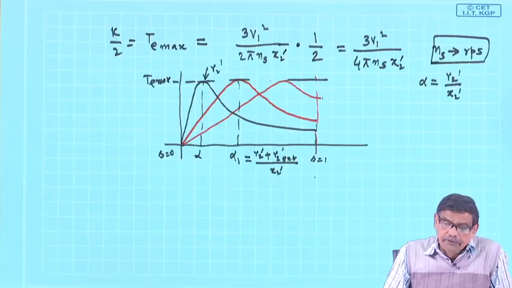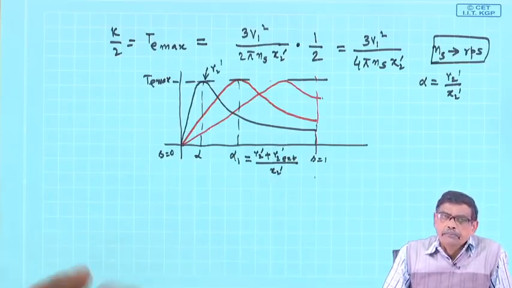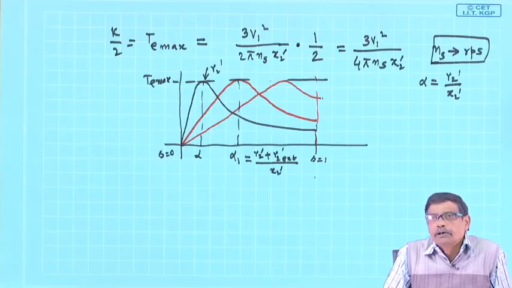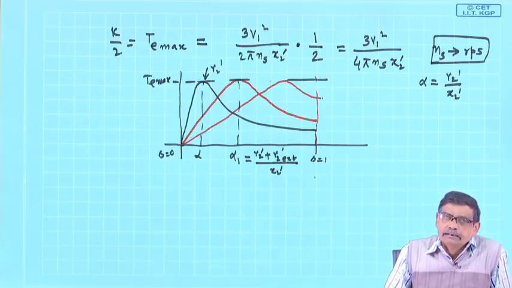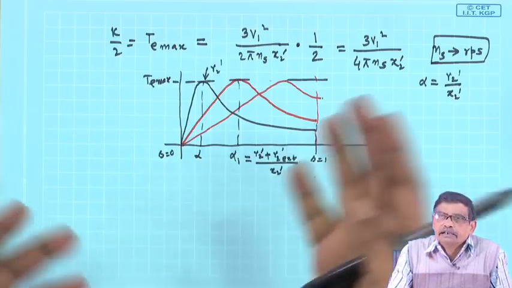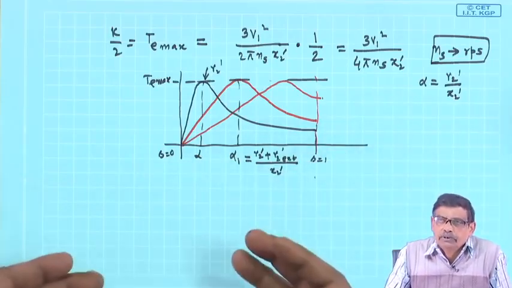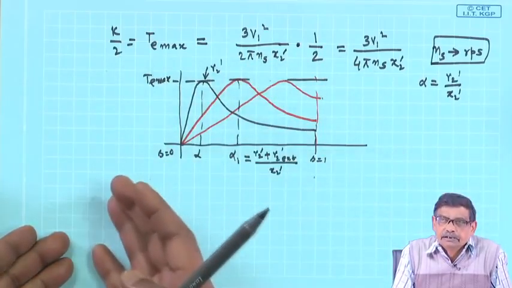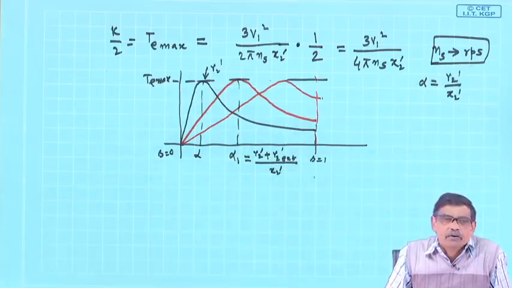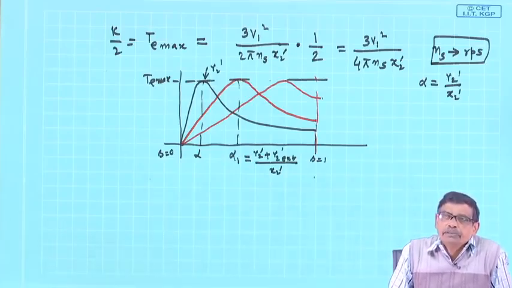In earlier days, for a given machine, people used to draw what is known as a circle diagram of a given induction motor, and there, for every value of slip, the things are already present. You will give me the value of the slip. From that circle diagram of the 3-phase induction motor, I will be able to tell how much is the rotor copper loss, how much is the torque developed, how much is the efficiency of the machine, without calculating